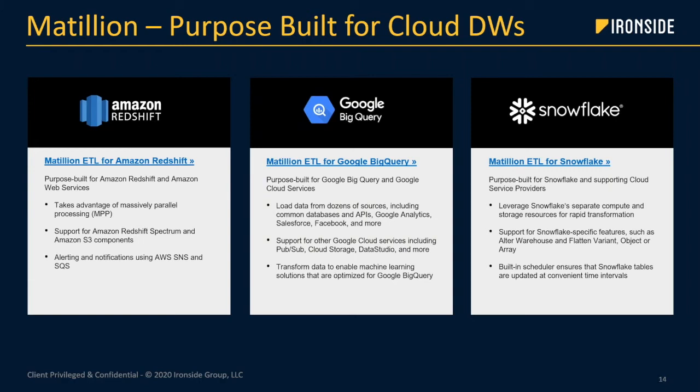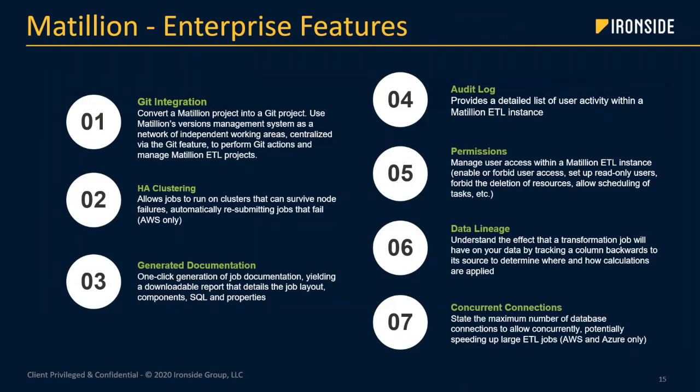You might look at Snowflake, for instance. We support Ultra Warehouse, the ability to elastically size up and down the compute power of your Snowflake instance. We take advantage of things like table streams. Variant data types is another very powerful feature of Snowflake. Redshift and BigQuery all have their own unique features as well. We're not going to force you into any one, but what you need to know is that no matter what cloud data warehouse you choose, we're going to have a product for you, and the UI will be the same across the board.